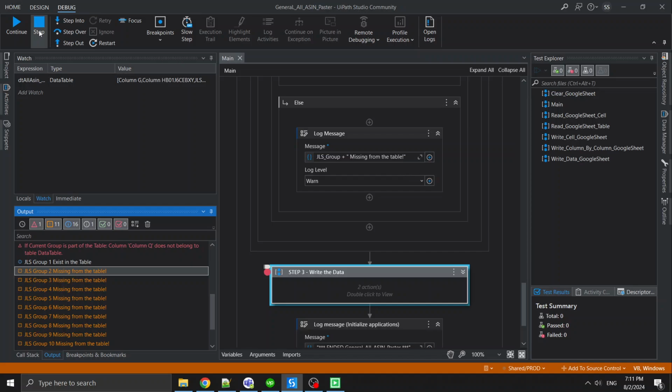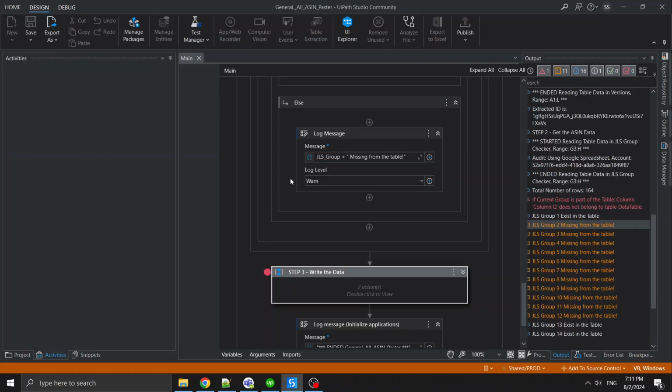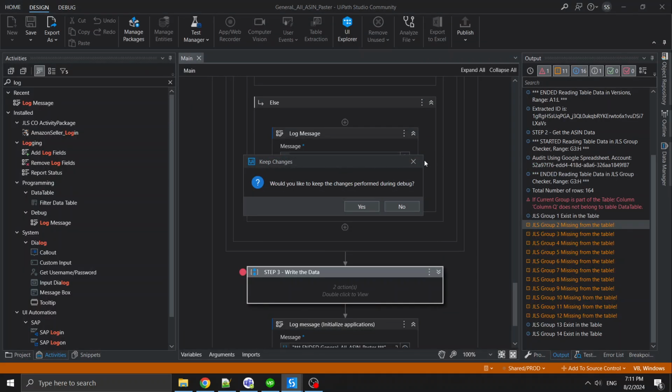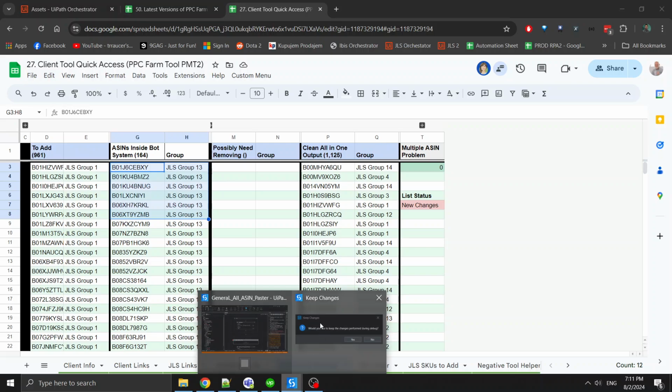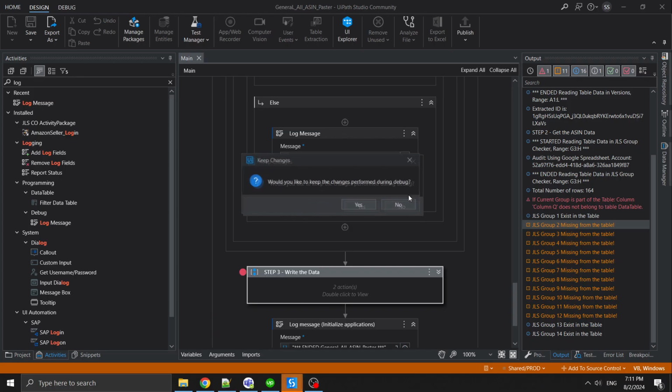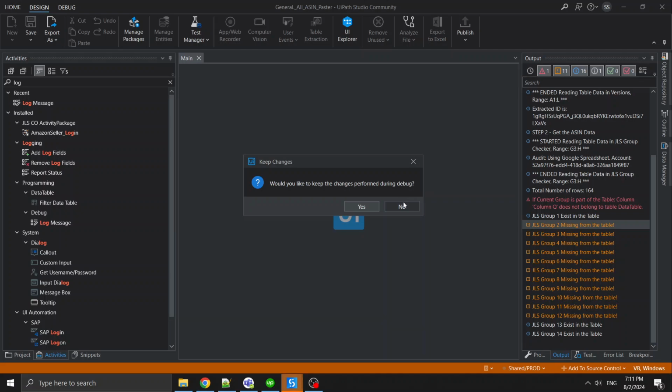And after you stop your debug, the UiPath Studio is going to ask you if you want to save the values or no. So in this case, I'll select no because I'm reading the other column P to Q. So yeah, really cool feature. So I'm going to select no, and yeah,